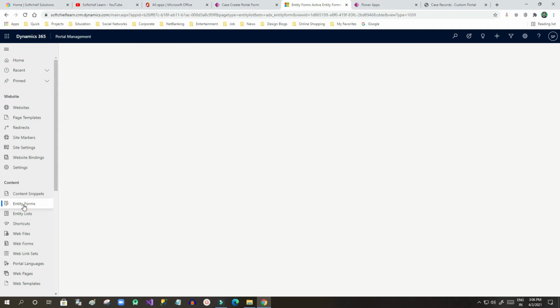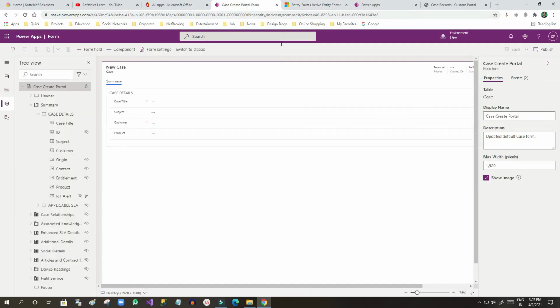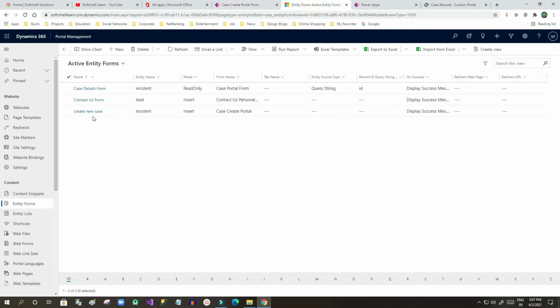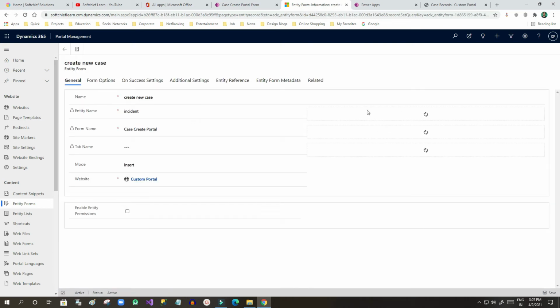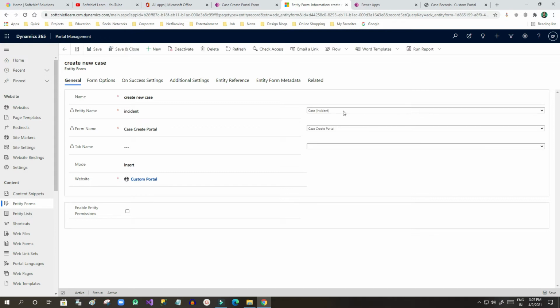In my last video I created an entity form, and the same steps I will follow, but this time I will choose the new form that I have created for this case entity. I have created this one, create new case, and once I open it, you can see on the right section I have selected entity as case, and the form name is case create portal.